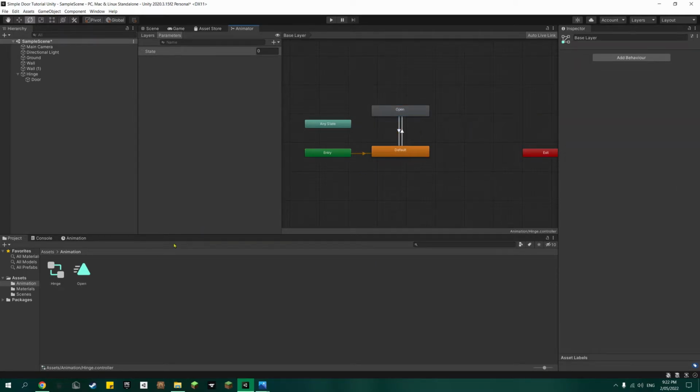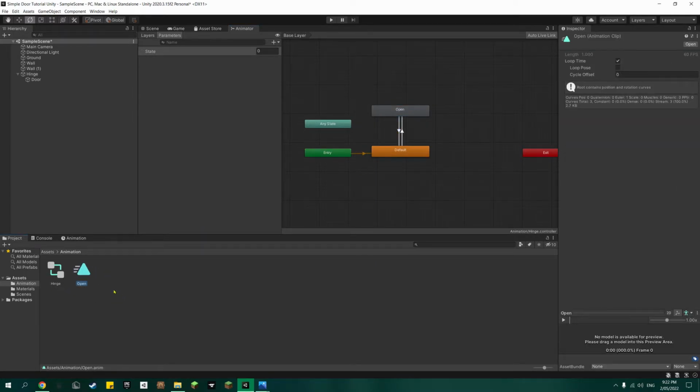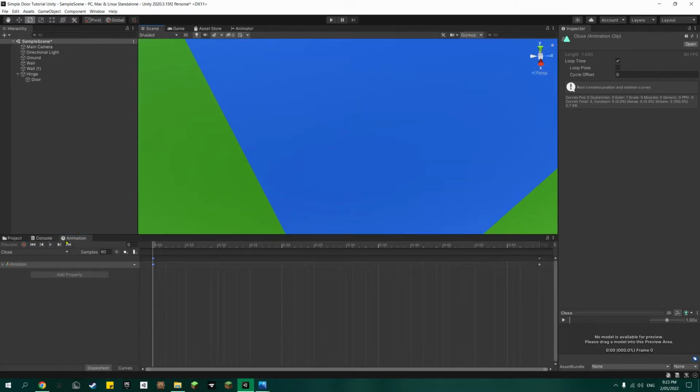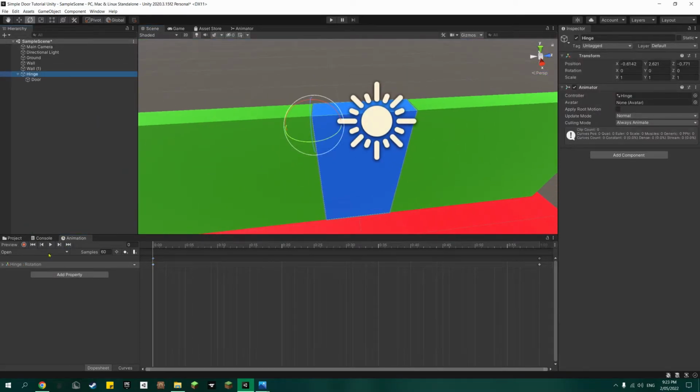So now it can come back. Then let's right click on the animation and duplicate that, so we have another open. Let's rename this one to close, and then in the animation let's reverse these. So I'm going to drag this one over just a little bit and move this one over. So this one's at 1 and this one's at 0. Now if we play this,